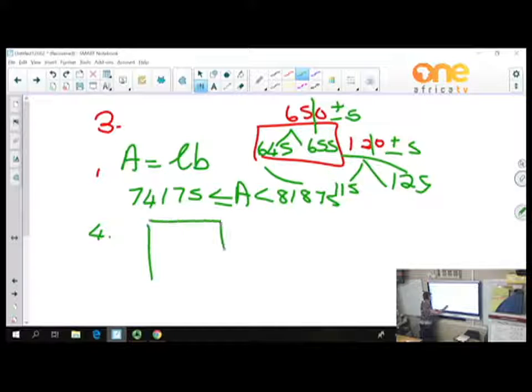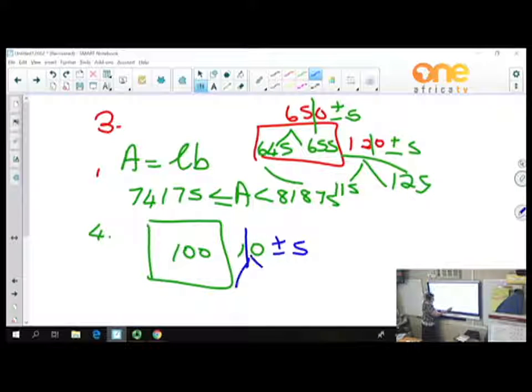Now for this question, they gave you the area of 100 and that side is then 10 and it's to 1 significant figure. That plays a role now all the time. So if it is 1 significant figure, it means it's there. So what will it be? Plus or minus 5. So the upper bound is 15 and the lower bound is 5. Here, that's where there's 1 significant figure. You must look at 1 significant figure. So this time it's plus or minus 50. So it will be 150 and